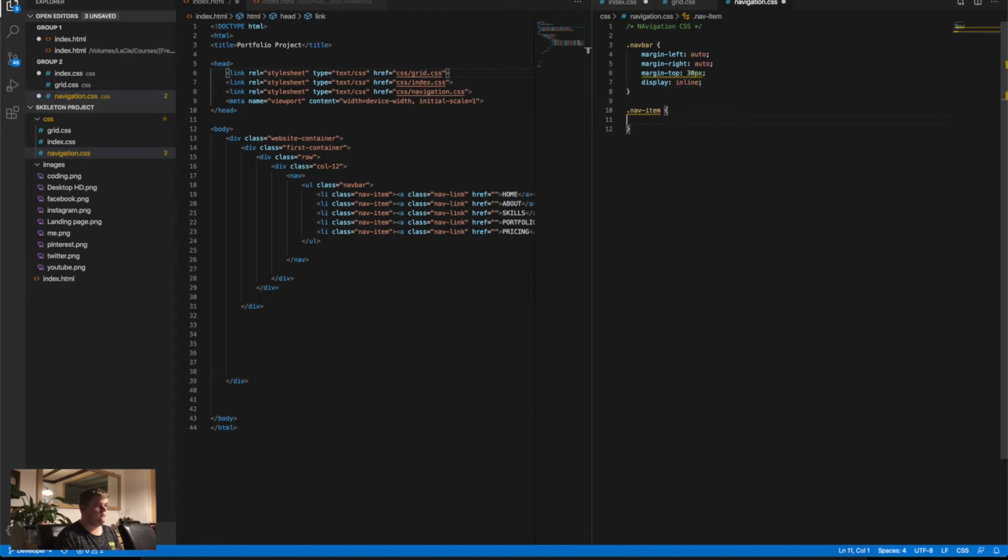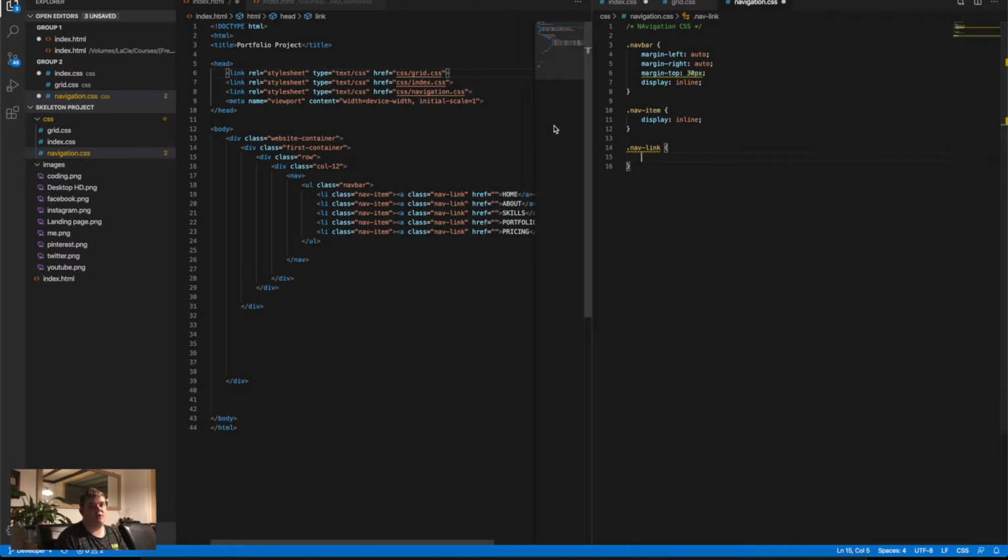So the nav item, that is the list, and we're gonna give this a display of inline. I'm not gonna give this a margin, we don't need a margin, just display is okay. And under the nav item, we're gonna call .nav-link. Okay, so inside the nav link, we're gonna give this